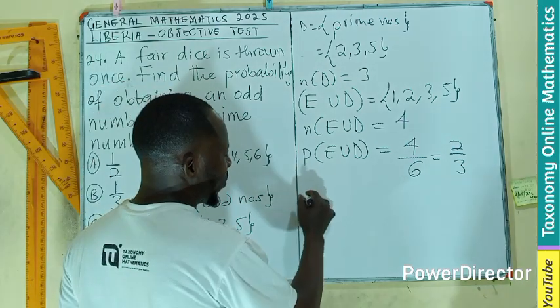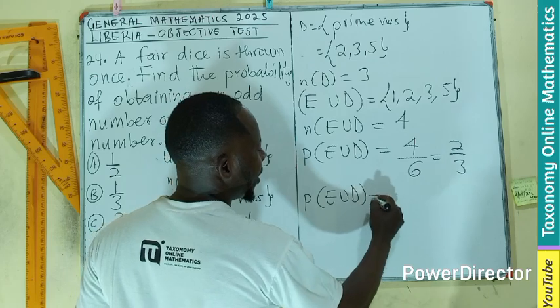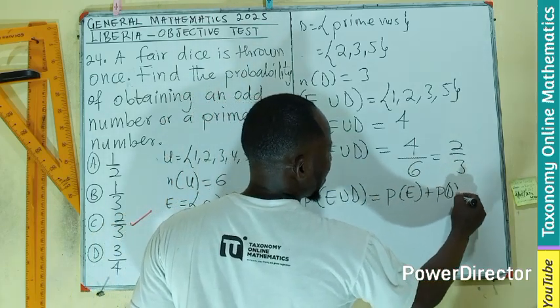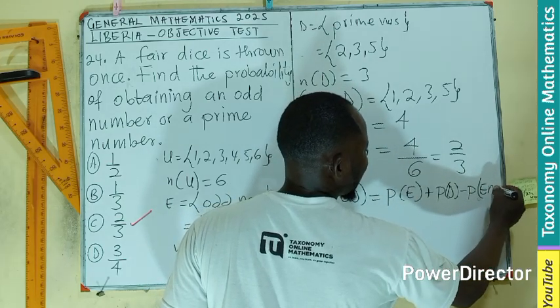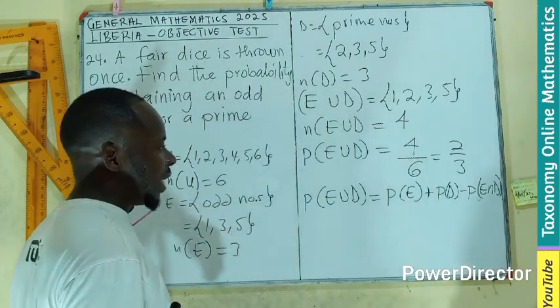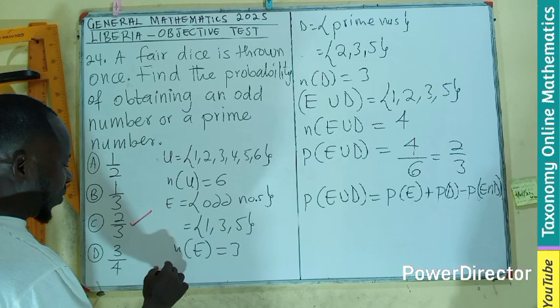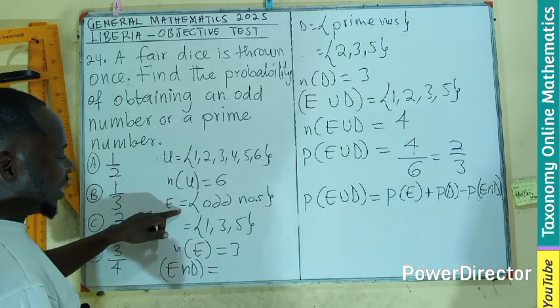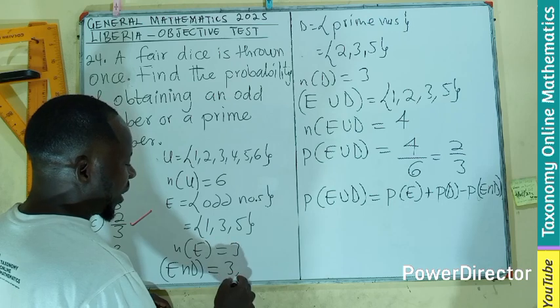Now, without taking this route, we can also take it as mutually inclusive, as in we are going to have the probability of E union D equals probability of E plus probability of D minus probability of E intersection D. So I think I need to first find the intersection. The set of E intersection D, combining the set E and set D, what they have in common. I think they have 3 and they have 5